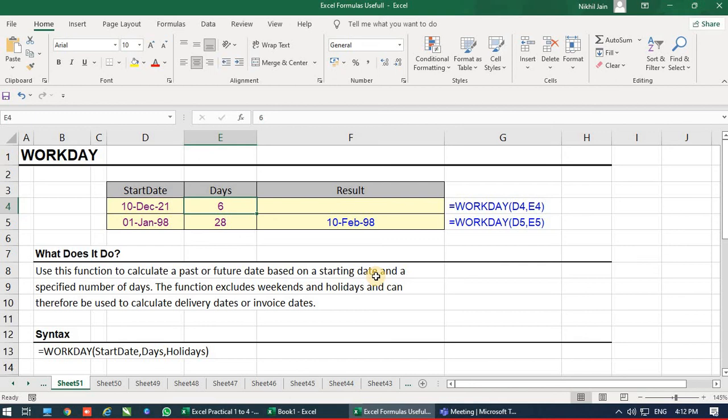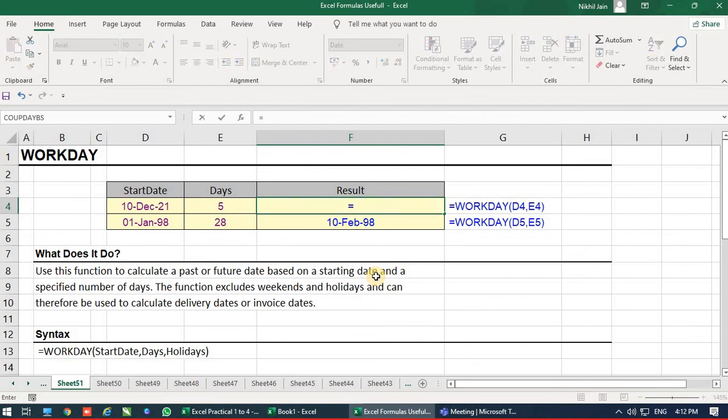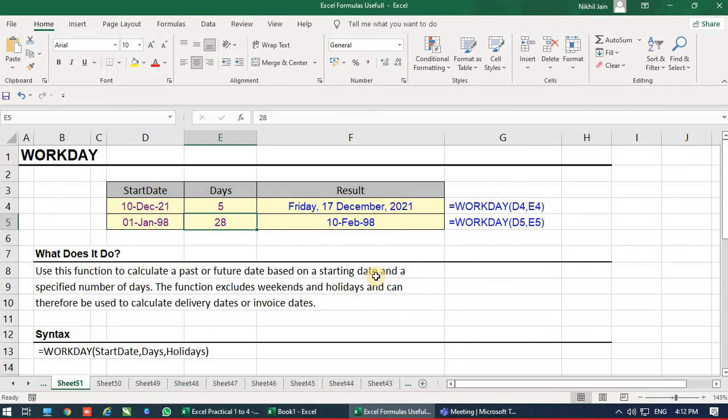So guys, if today is the 10th and I'm going to get my parcel after 5 working days, on which exact date am I going to get my parcel? It would be 15th of December. No, it would be 17th.